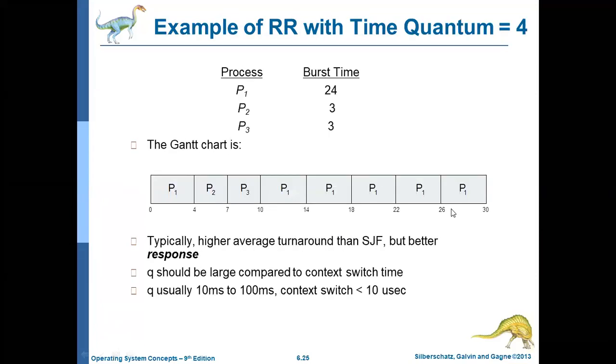Always in this round robin scheduling algorithm, the Q value should be 10 to 100 milliseconds, then it is very easy to do the problem. Q is usually 10 milliseconds to 100 milliseconds, then context switches are very few, because if you consider between 1 and 10, more swappings and switchings are required. So usually 10 to 100 milliseconds, then context switches are very few.